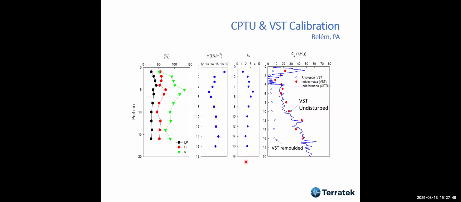And the other thing that we have to do a lot, whenever you're dealing with soft clays, is have what we call an island of in situ testing, in which we take samples to do laboratory testing, and we do vane shear testing very close, 1 meter, 2 meters away from the CPT, and compare the